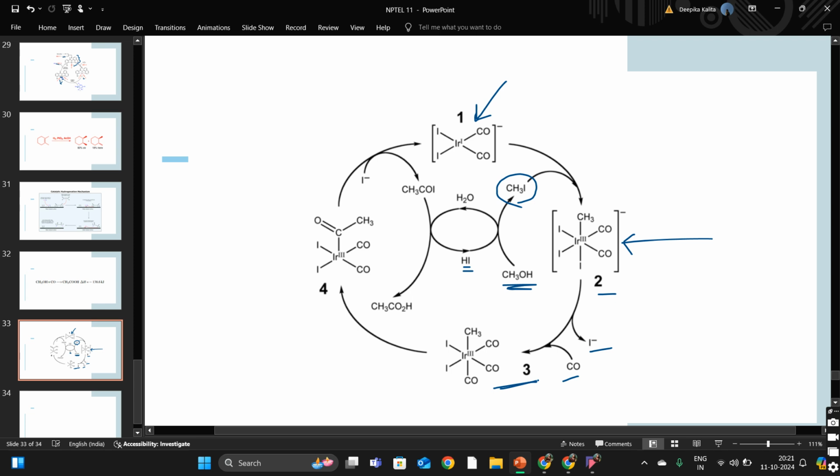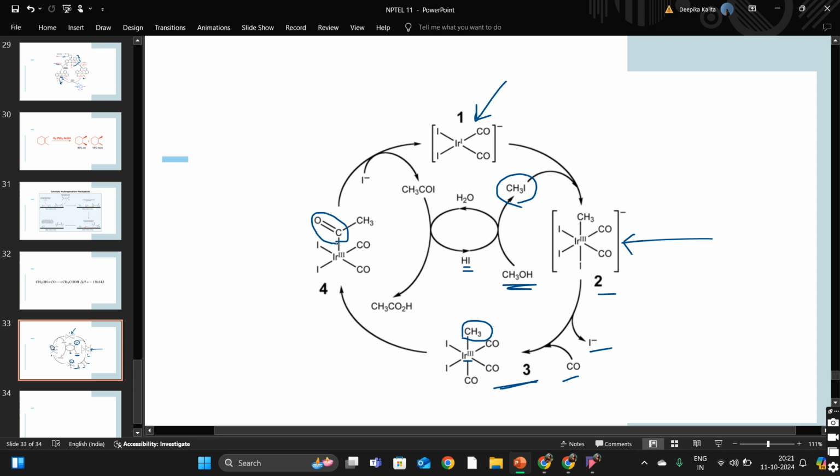Okay, now what happens, this intermediate product 3 will undergo carbonyl insertion between this iridium metal and the methyl fragment. Okay, this carbon monoxide undergoes carbonyl insertion,